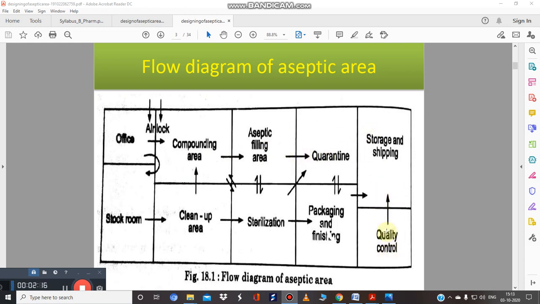And here is another important thing, there is a QC lab also, because in every pharmaceutical house this QC lab is mandatory.